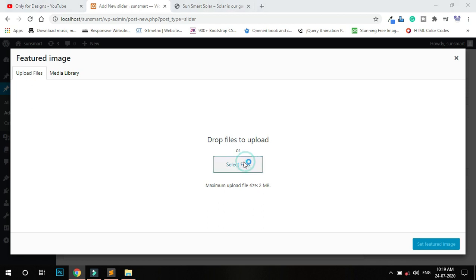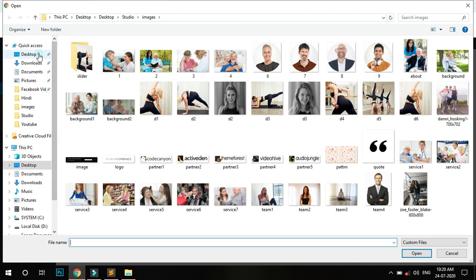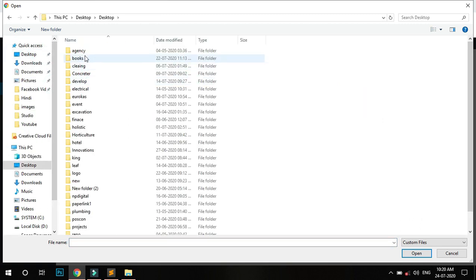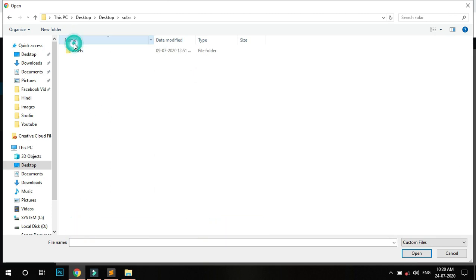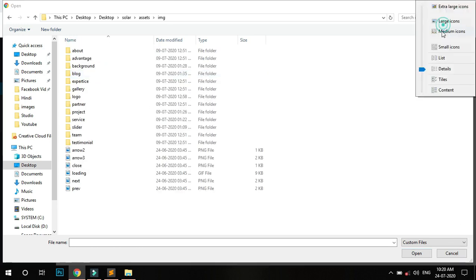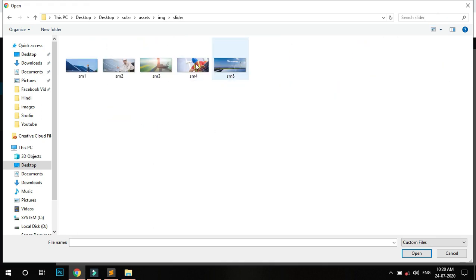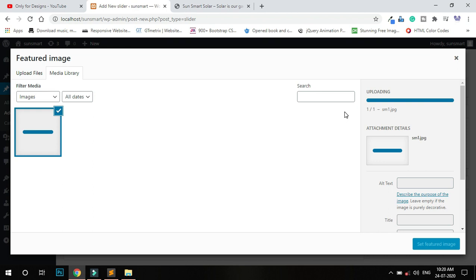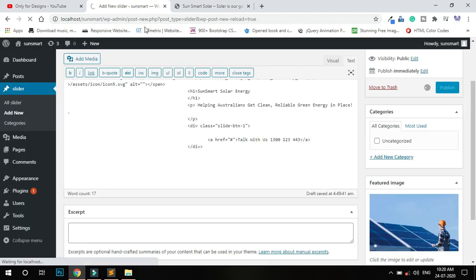Okay, so I go to upload the slider. So where is my file? Desktop. Images. Slider. The first slider. Save. Publish.